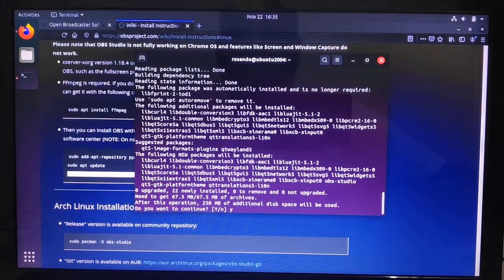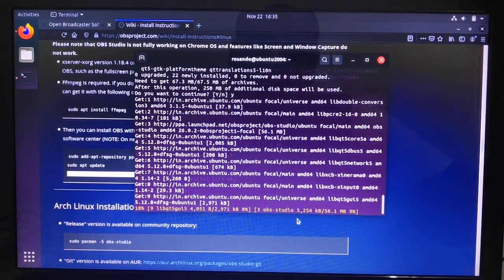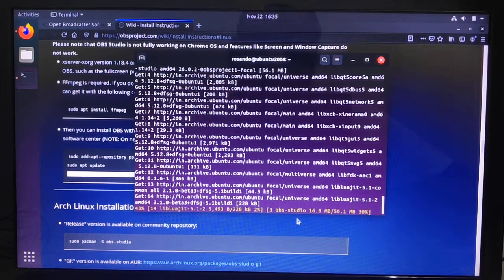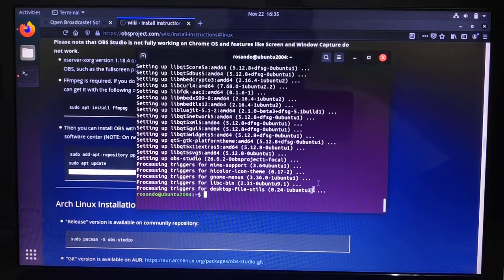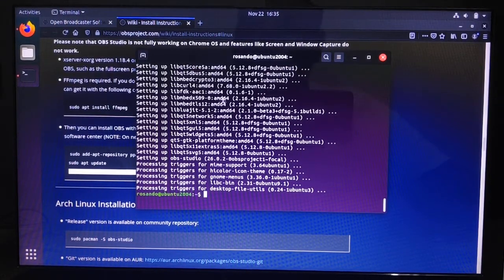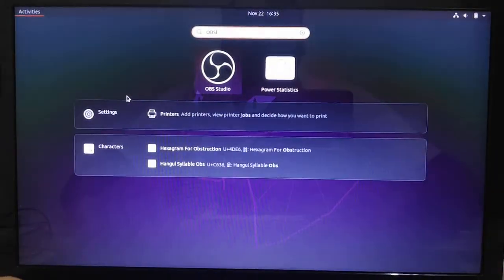And yes, depending on the internet speed, this process may vary. I will clip the video right here because it's saying it's going to take around 30 minutes or so to install this. Okay, my OBS installation is actually completed, so let's check it by launching OBS